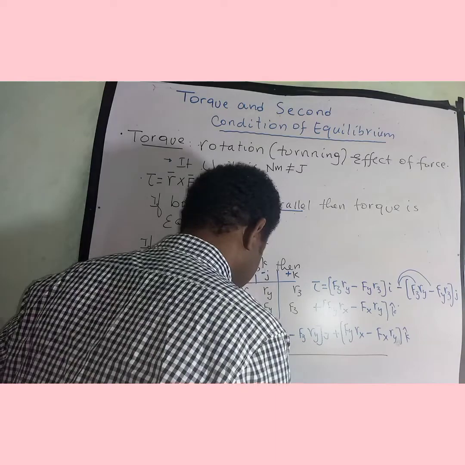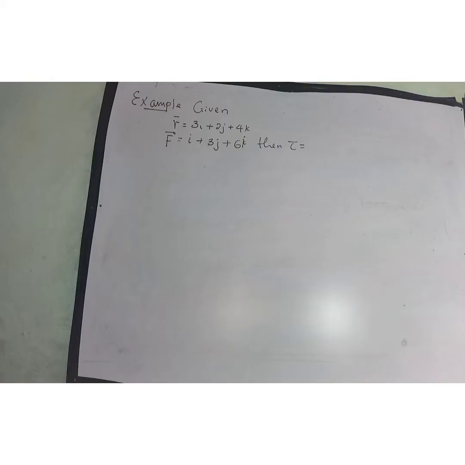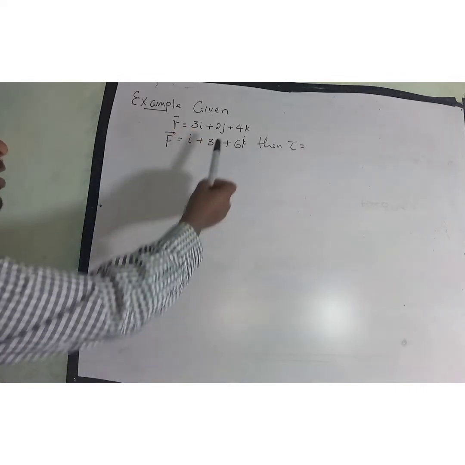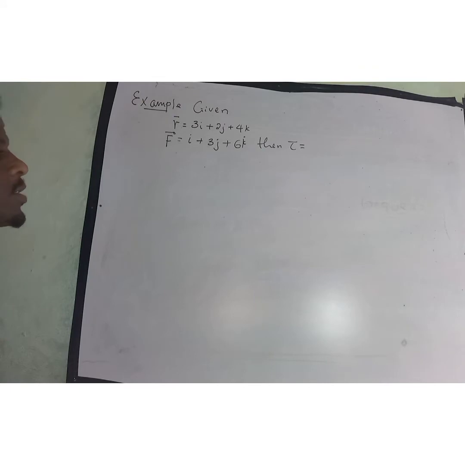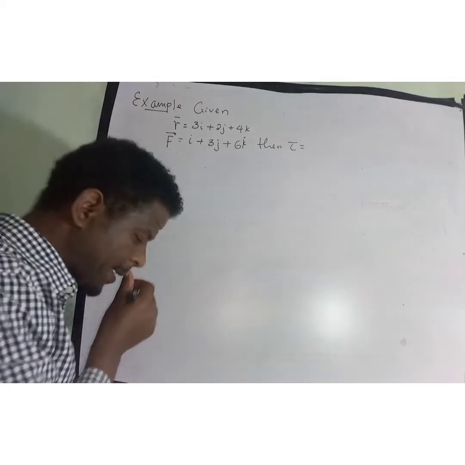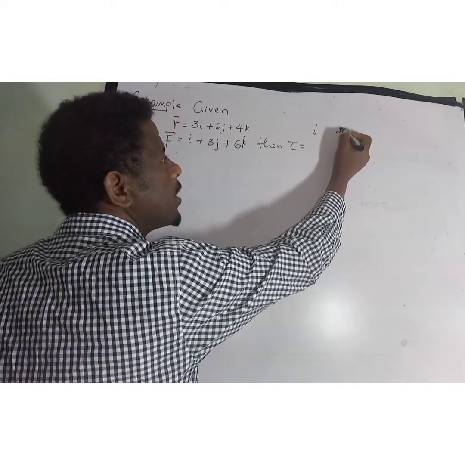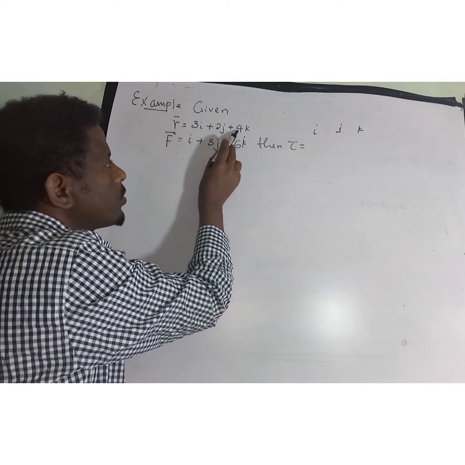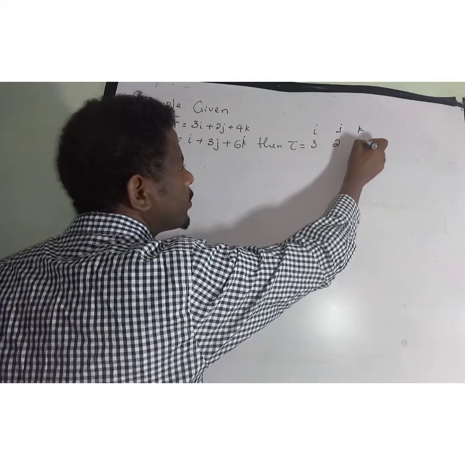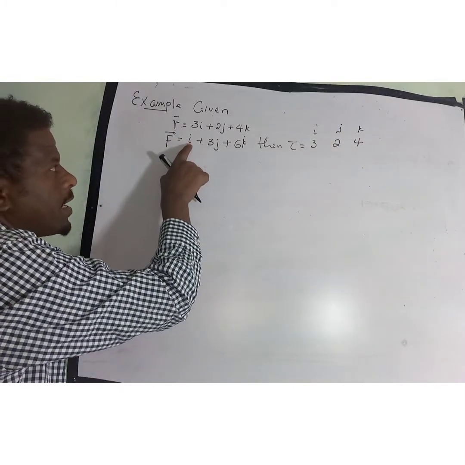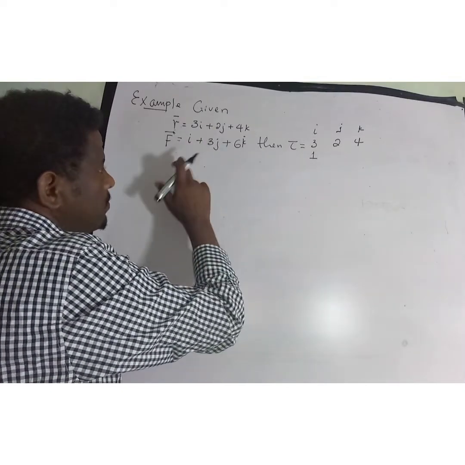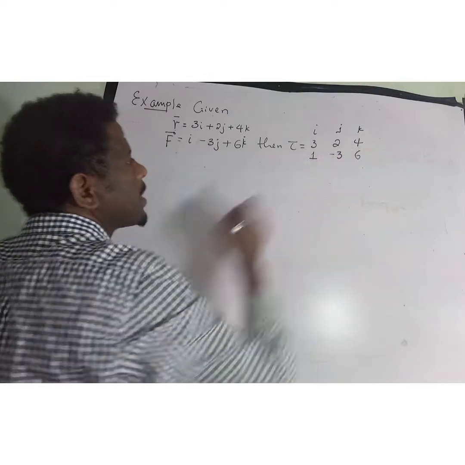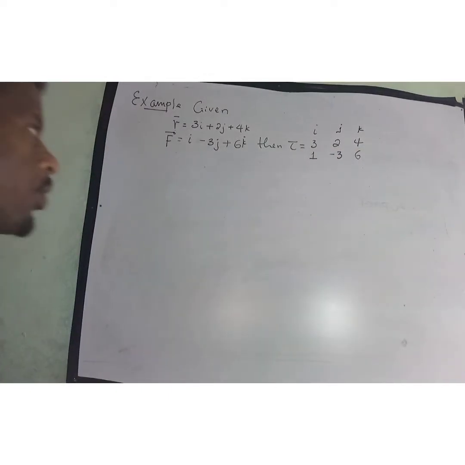Now let's see an example. If the position vector is 3i plus 2j plus 4k and the force is i plus 3j plus 6k, then torque tau equals, first write i, j, k, the unit vectors. The components of the position vector 3, 2, 4, and the components of the force 1, 3, and 6. Then torque tau equals